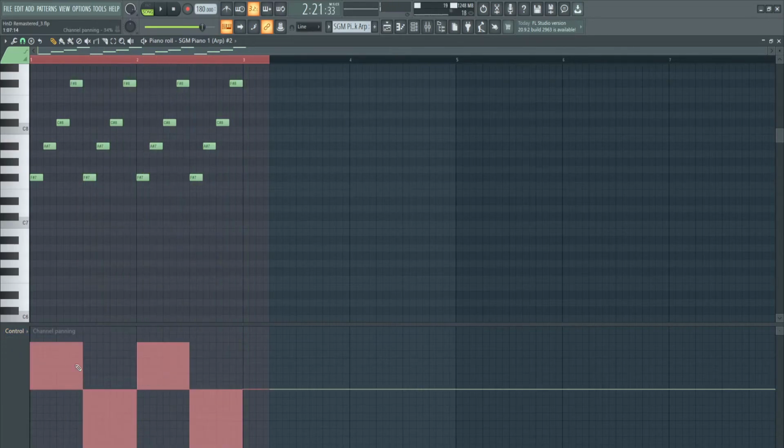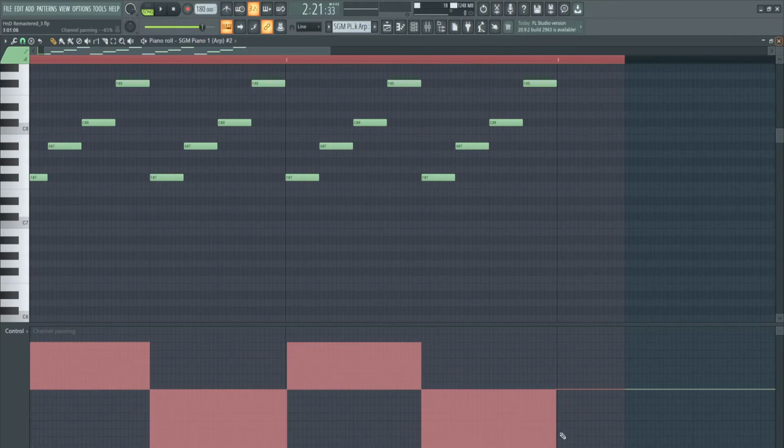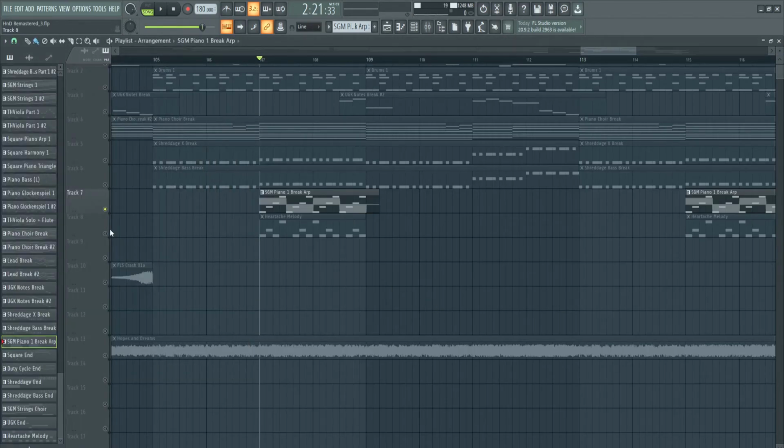You can see here, I pan it very carefully per note, and then I just put it on center every time it ends, so it doesn't mess up if I try to basically copy the whole playlist and duplicate it. And then there's this, how do I say it? Contested. Still argue about. I do not know the correct notes, but there's a Heartache melody inside